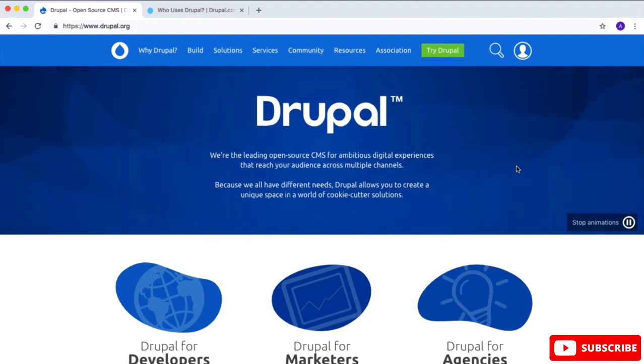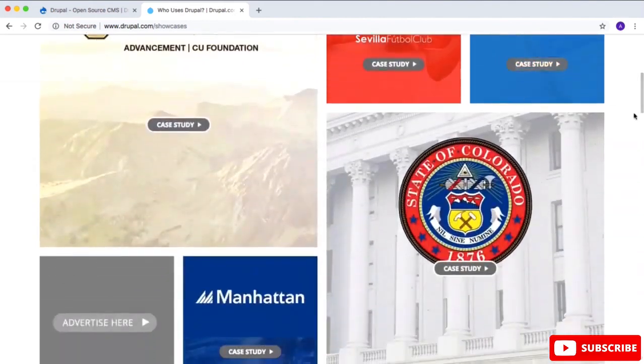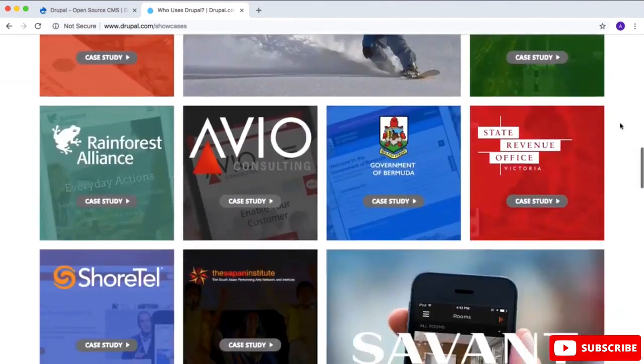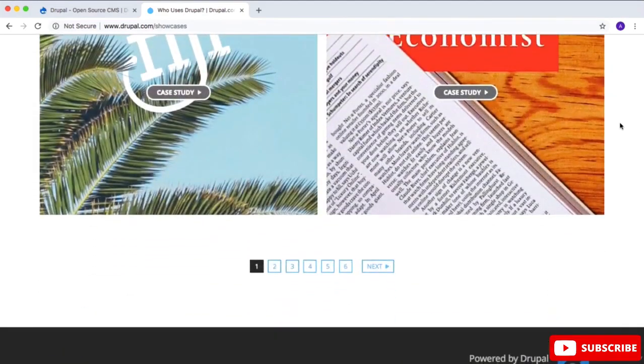Weather.com is using Drupal for their website. The Economist is also using Drupal for their website. Some big companies, organizations, and governments are using Drupal, and you will find the list of most of them right on this page. So go ahead and check it out yourself.